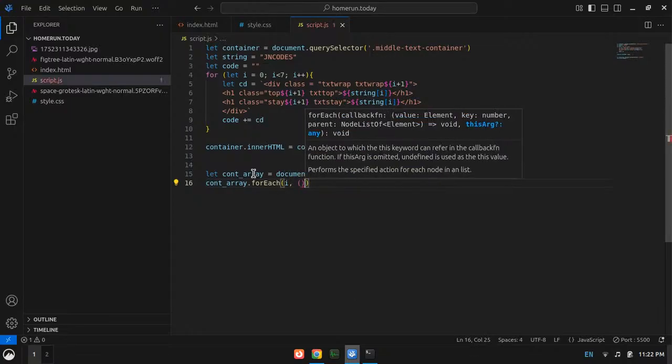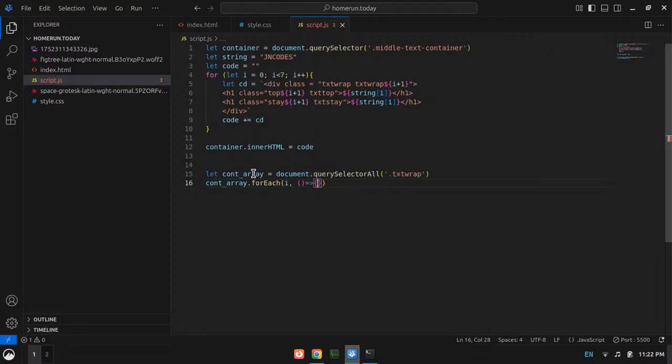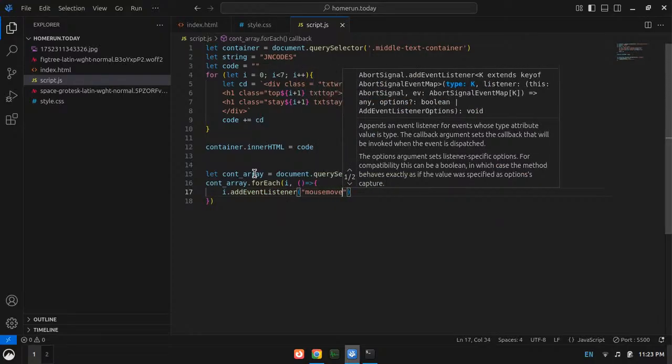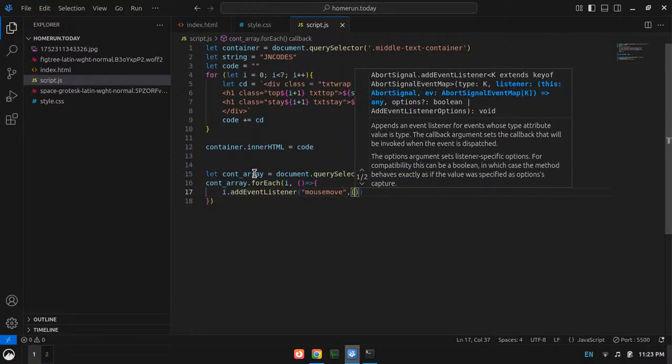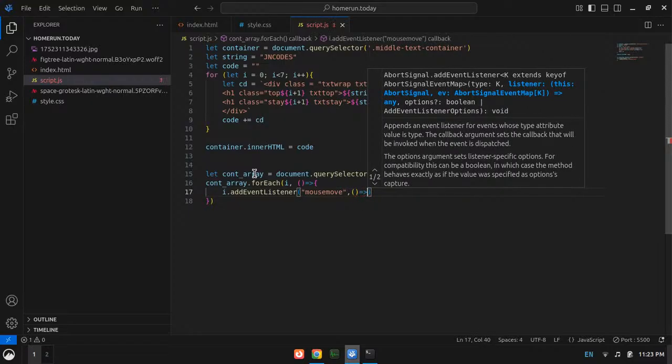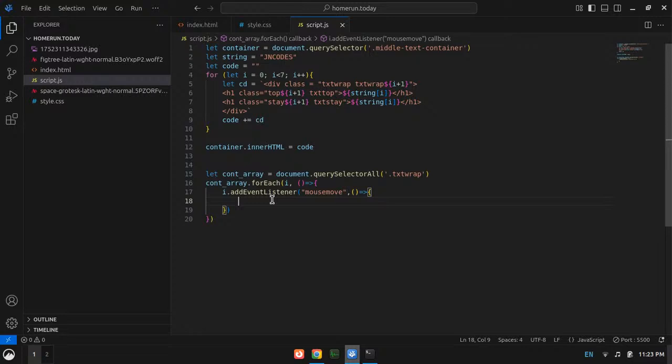then I need a function, I dot addEventListener, mouse move, and then here we'll have another function, and let's just console.log words for now.